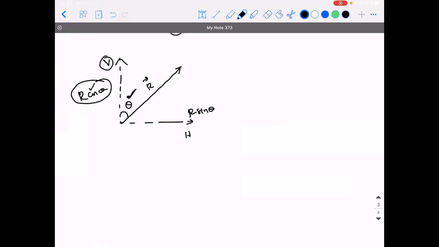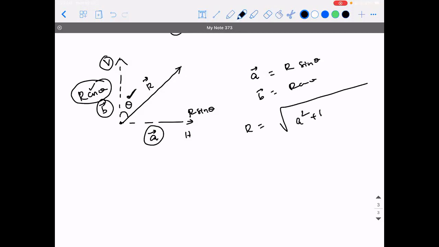Sir, the starting point should be from the resultant, right? Yeah, the starting point should be there because, see, if I take the reverse application, if I take these as A vector and B vector. So what is A vector? R sin theta. B vector is R cos theta, right? Now, if these are taken as the inputs, aren't they like the adjacent sides of a parallelogram? Then what will be the formula for R vector's magnitude? R will be equal to root of A square plus B square plus 2 times AB times cos alpha, where alpha is the angle between those two vectors.